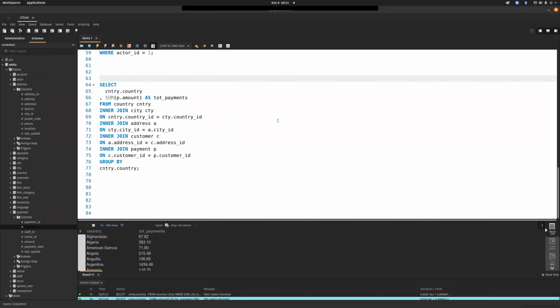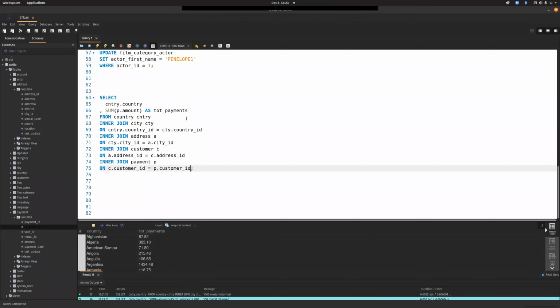But it asks specifically for a scalar subquery. And a scalar subquery is one that returns exactly one column and one row. So basically a single value. And so what we're going to do is just put that right in. And like I said, there's a bunch of different ways we can go about this because we're already here on payment. So what we can do is instead of summing this, we can say,